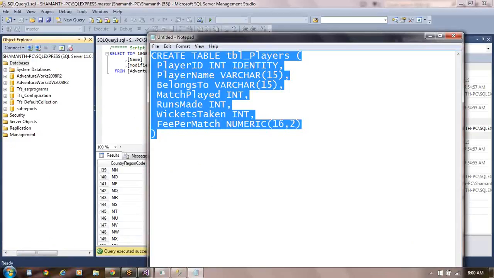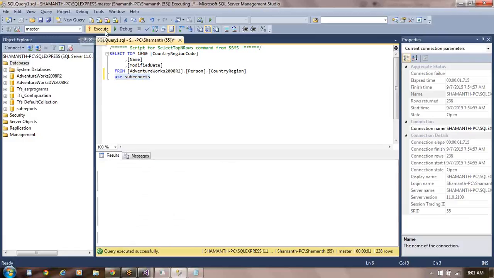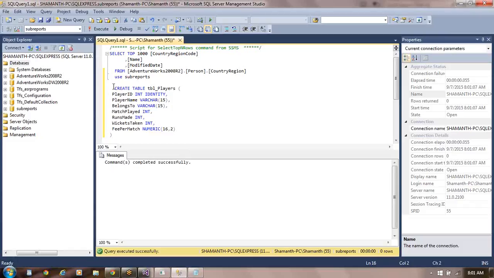After opening the sub-reports, use sub-reports. Okay, then execute this. Then here let me create a new table in sub-reports.